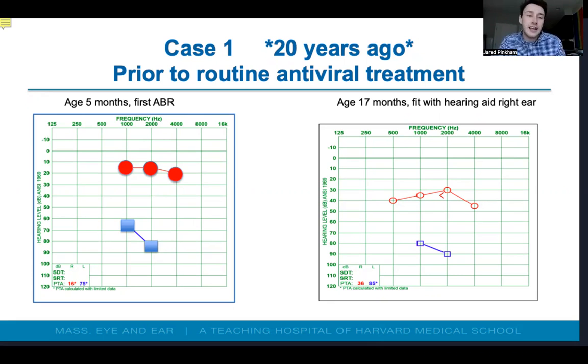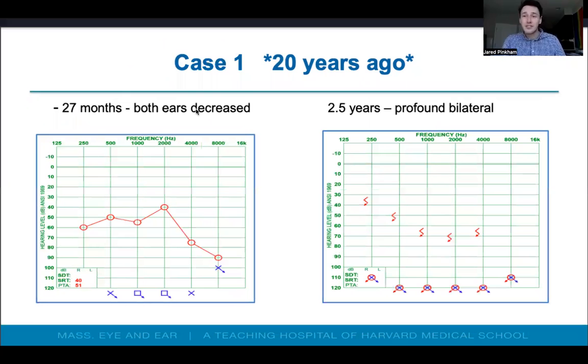So we can see at age 5 months, this is their first ABR. Their right ear is pretty normal, but a little low for a child. Their left ear is in that moderate to severe area. And then we can see at 17 months, both ears are starting to decrease together. So at 27 months, so about after 2 years, we can see that the right ear is dropping drastically,